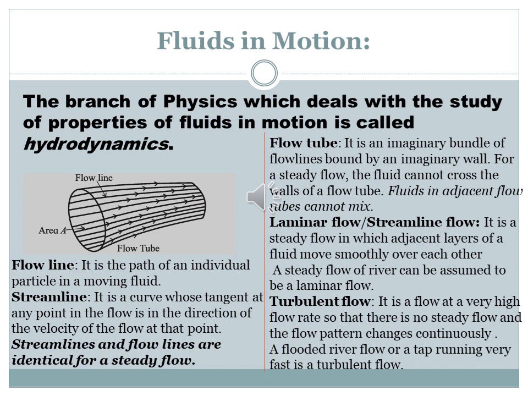Second is streamline. It is the curve whose tangent at any point in the flow is in the direction of the velocity of flow at that point. So what does the streamline give? Streamline gives you the direction of velocity of the flow. All right. It is the curve whose tangent at any point gives you the direction of velocity at that point.